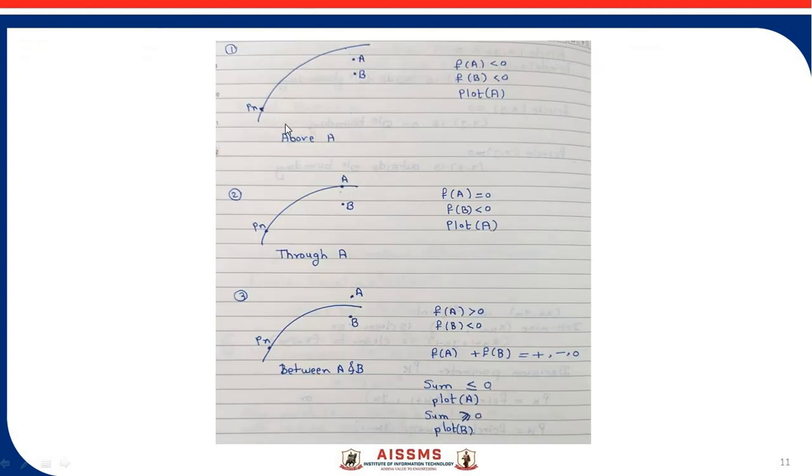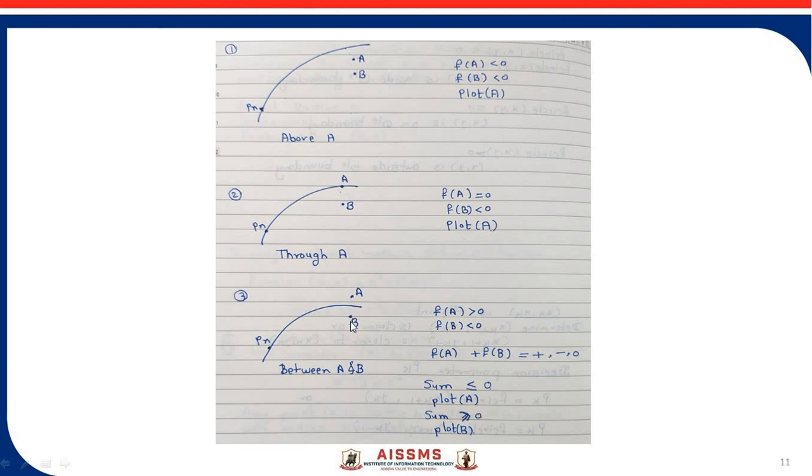These are the various cases of how to take the decision about the circle. Here A and B, both the vertices, are inside the circle boundary. Therefore, the closest pixel we are going to plot is pixel A. If A is on the boundary and B is inside the boundary, then we have to plot the pixel as A. If A is outside the boundary and B is inside the boundary,